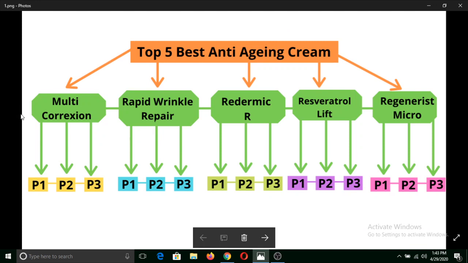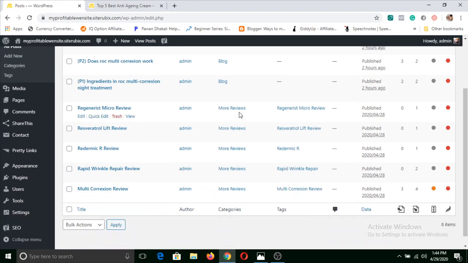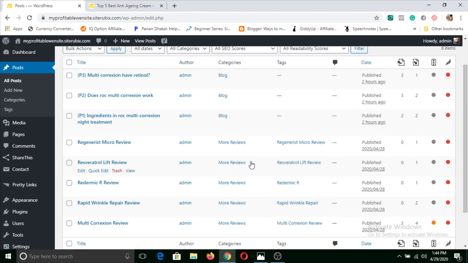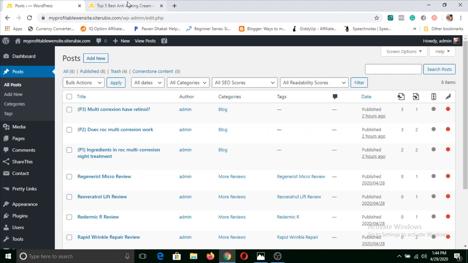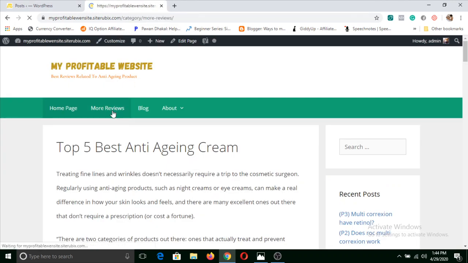This one is a page, this one is a post, this one is also a post. Now all of these posts will be in our more reviews category. I have already taught you how to make this kind of category in a previous lesson. You can watch that if you don't know how to put these articles in more reviews. And once you put all of these in more reviews, then this will appear, this will also appear here.